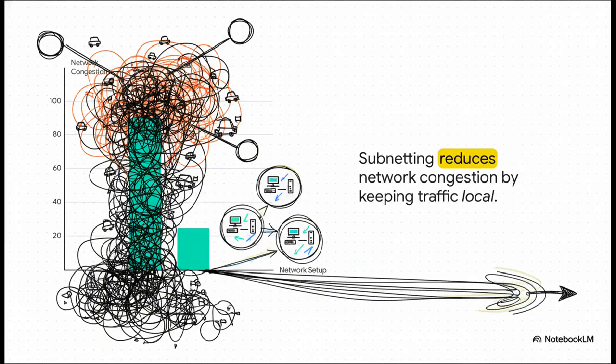And this right here shows you the main benefit perfectly. Without subnets, every single conversation from every device creates one massive digital traffic jam. But with subnets, traffic stays local. A file sent between 2 computers in the engineering department stays inside the engineering subnet. It never has to clog up the main network pathways, which means way less congestion and faster speeds for everybody.